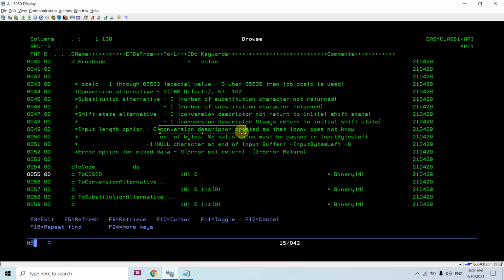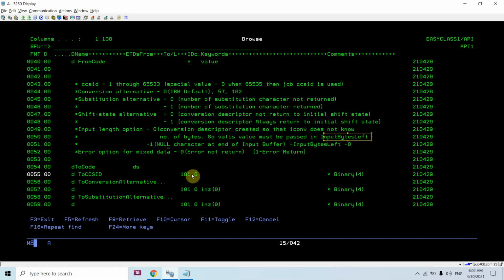So in that case we need to pass the input bytes left correctly. If I pass 1, then I have to append a null character at the end of the input buffer, and I need to pass input bytes left as 0 in that case.